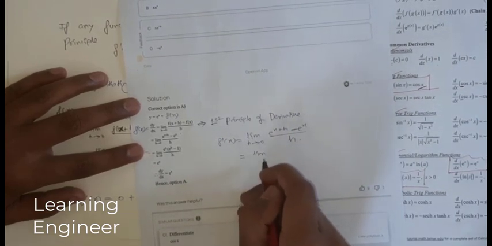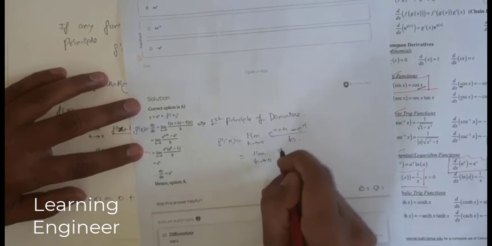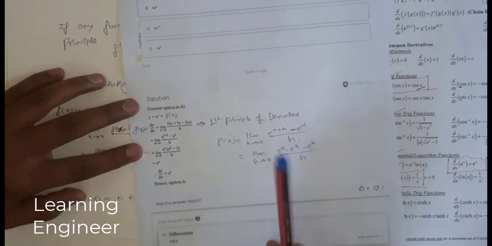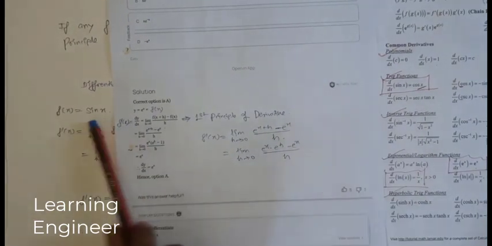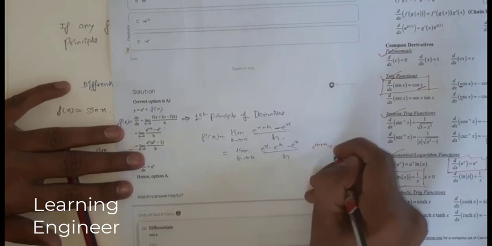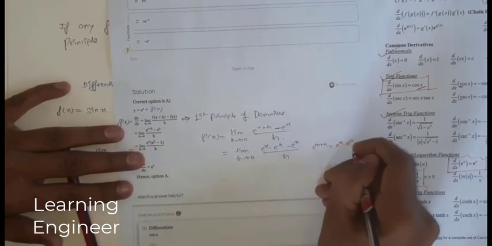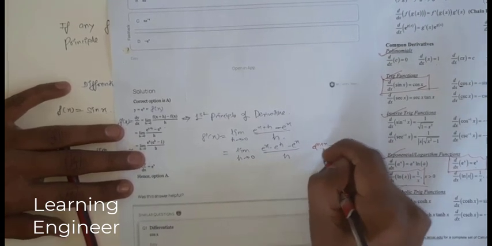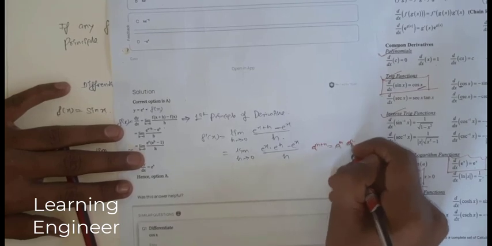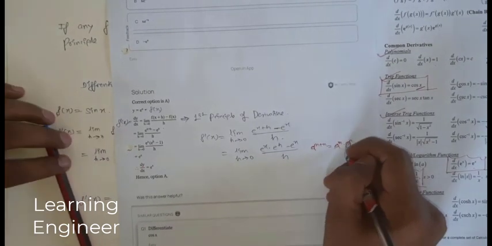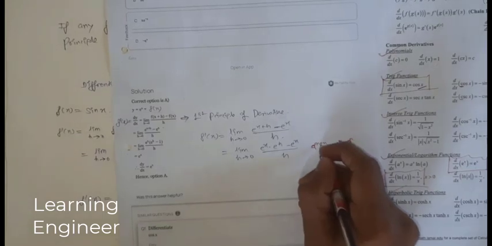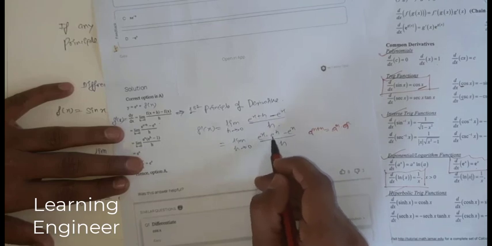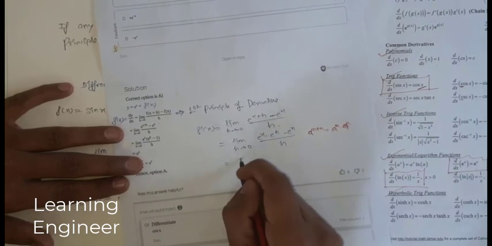Now what can we say over here, as h extends to 0, can we break this e raised to x plus h into e raised to x and e raised to h? Yes, we can do that, whole divided by h. Now what is the rule behind that? e raised to m plus n equals e raised to m into e raised to n. When the bases are the same, say e, and they are in multiplication, then the powers get added. If it is division, then there will be a minus sign. So e raised to x plus h can be separated as e raised to x into e raised to h. Now we can take e raised to x common.